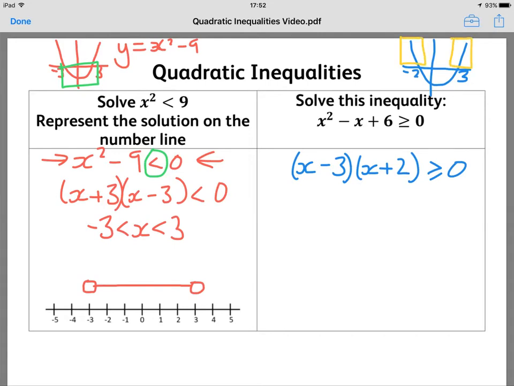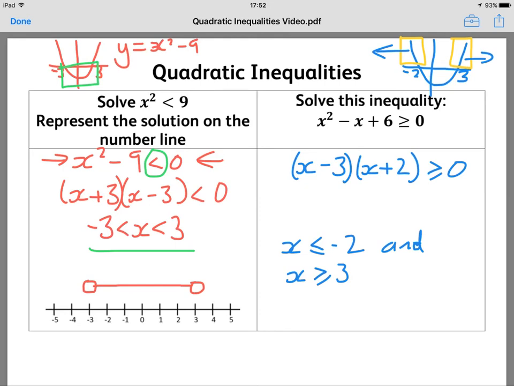Now, we've got two separate bits of graph, so we're going to need two separate inequalities. So we need the stuff that is less than minus 2, because all those x coordinates here are less than minus 2, but we also need x is greater than or equal to 3, because all these x coordinates here, where the graph is above the x-axis, are greater than 3. So what to take out of both of those is that when it's less than, you're going to get one very long